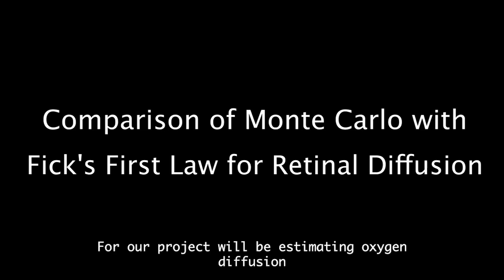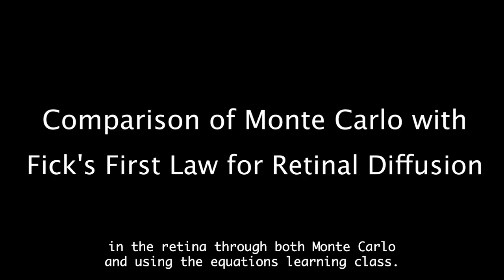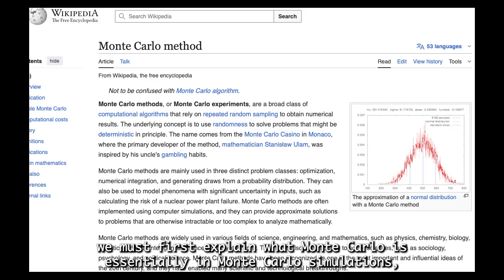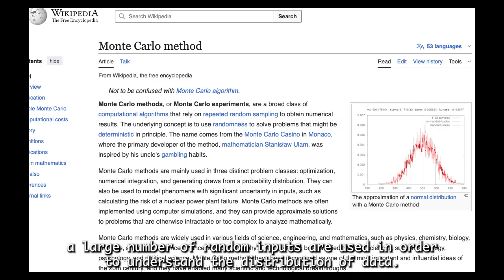For our project, we will be estimating oxygen diffusion in the retina through both Monte Carlo and using the equations learned in class. To talk about this, we must first explain what Monte Carlo is. Essentially, in Monte Carlo simulations, a large number of random inputs are used in order to understand the distribution of